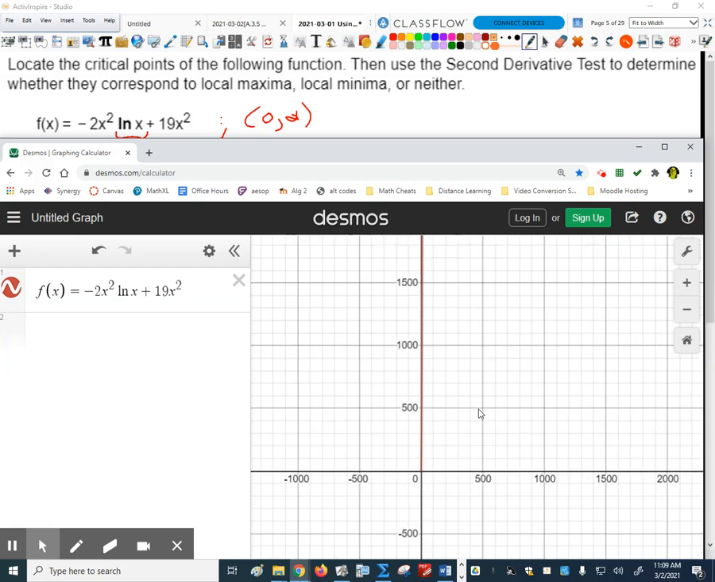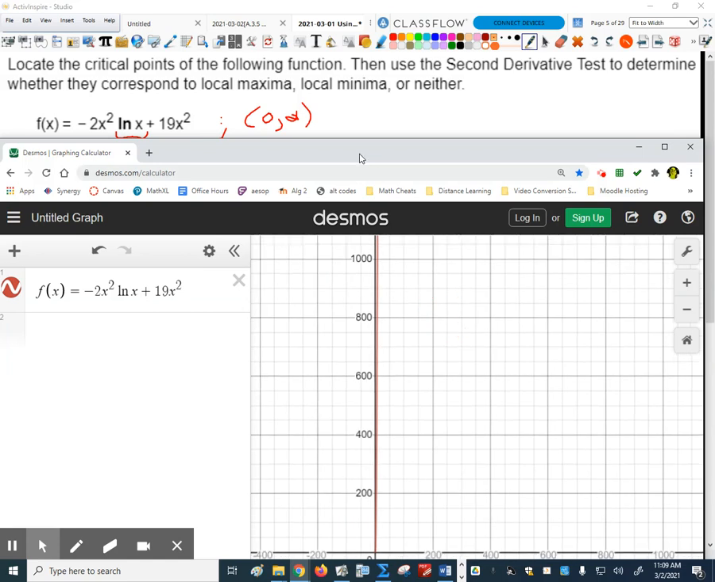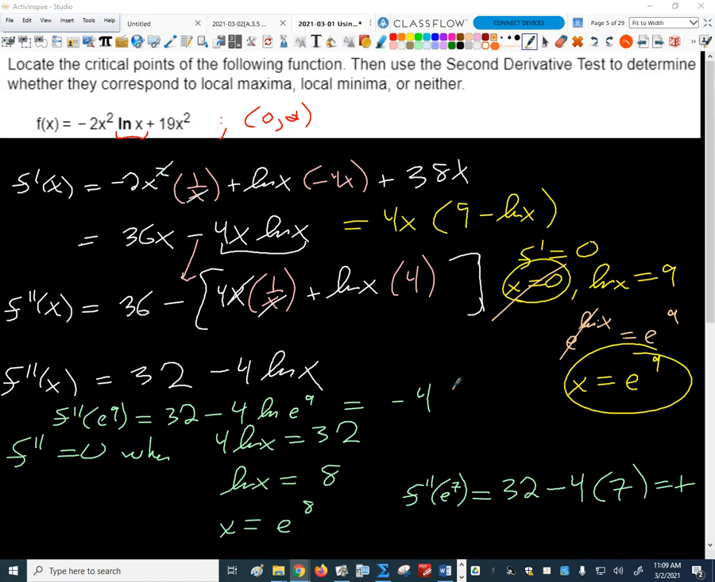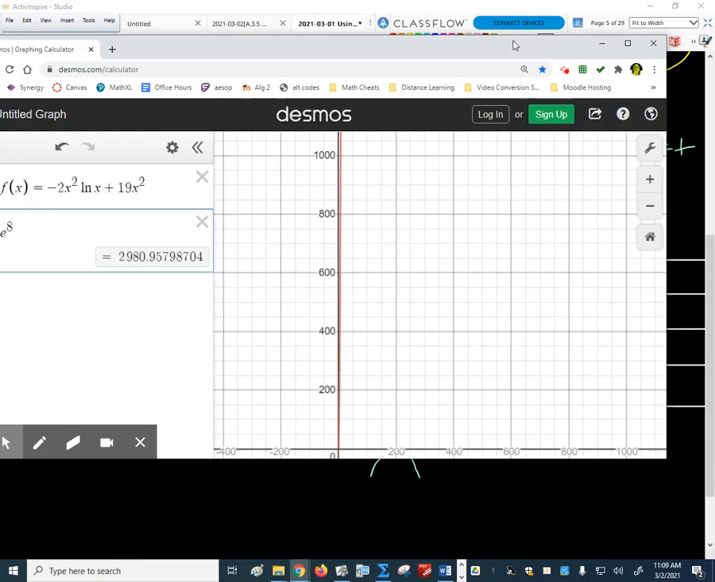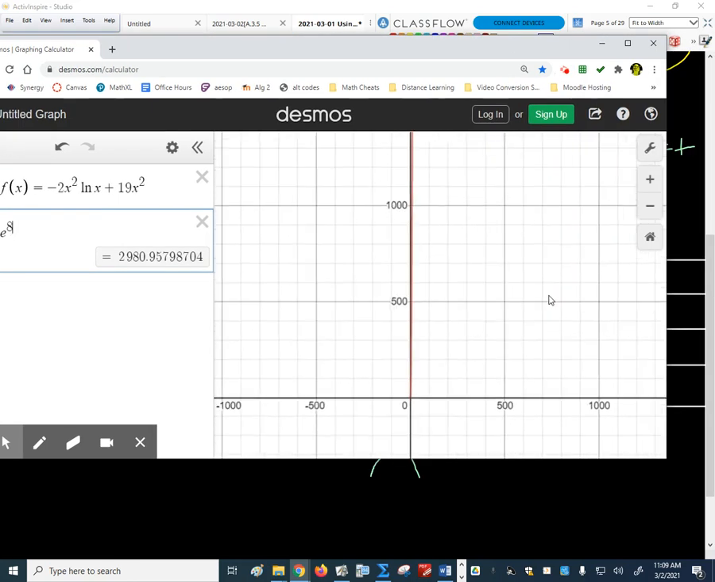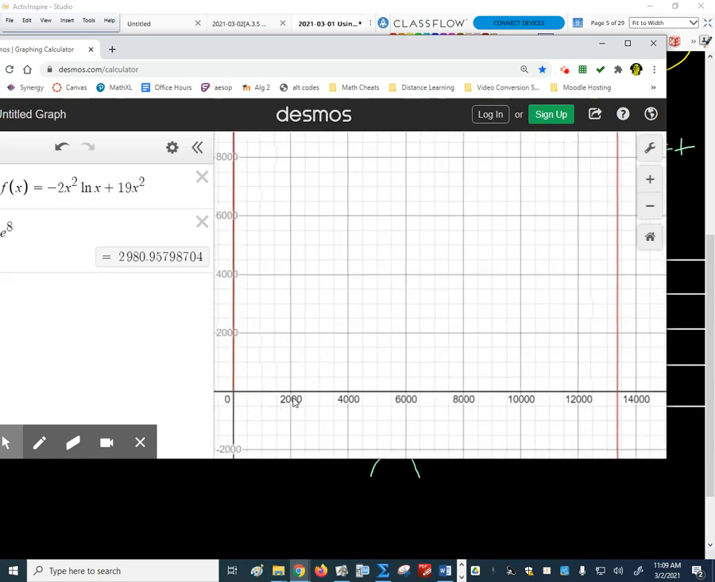Wow. Let's see what these numbers are real quick. So what is e to the 8th? E to the 8th is about 2,980. Okay, so if I zoom out a little bit there,